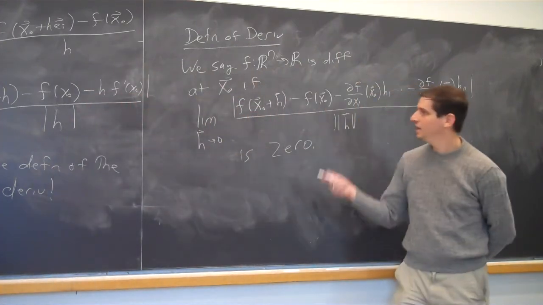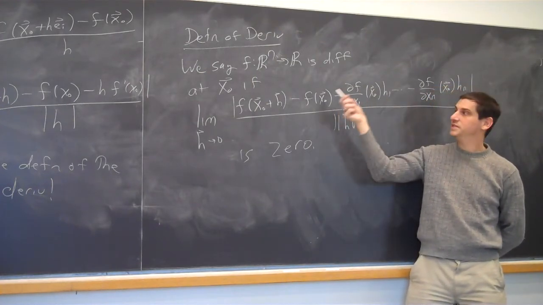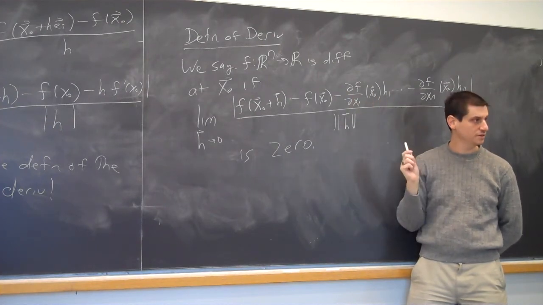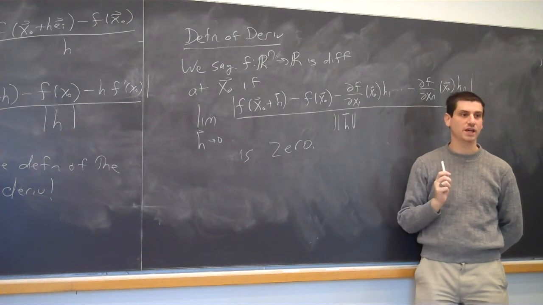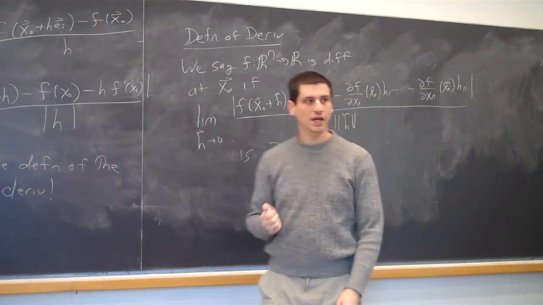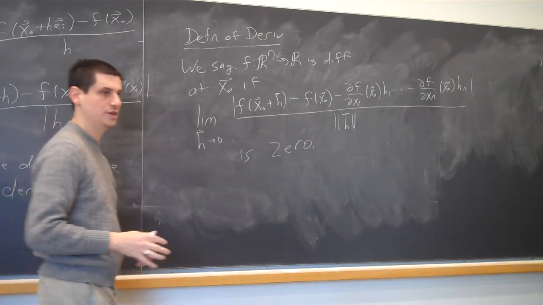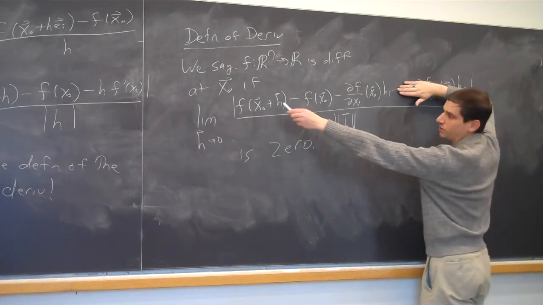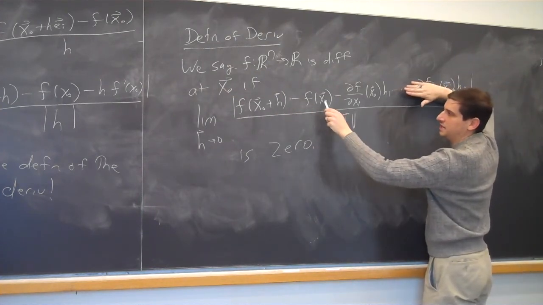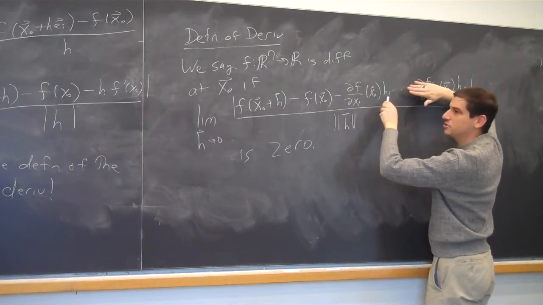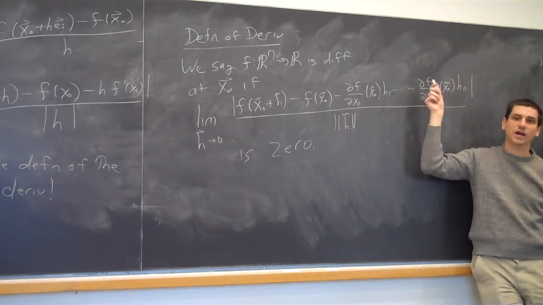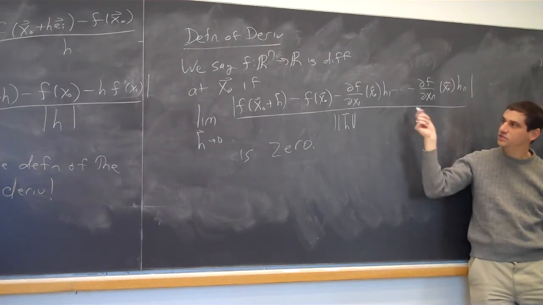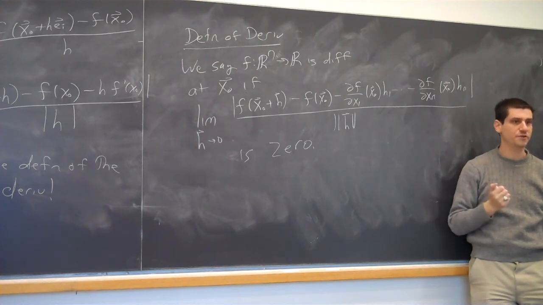If you think about what's going on, if I just had two variables, I'm essentially subtracting off the tangent plane approximation. And I'm saying the only way I get a good fit is if, when I subtract off the tangent plane, I get something that tends to 0. Let's revisit what would happen in one dimension. If I had just one dimension, I would just be subtracting off this bit here. And I would say, this is where I am, this is where I started, this is how fast I'm changing, and this is how much time has elapsed. And now I'm taking into account that I may be moving in several different directions. If this is 0, the function will be differentiable.